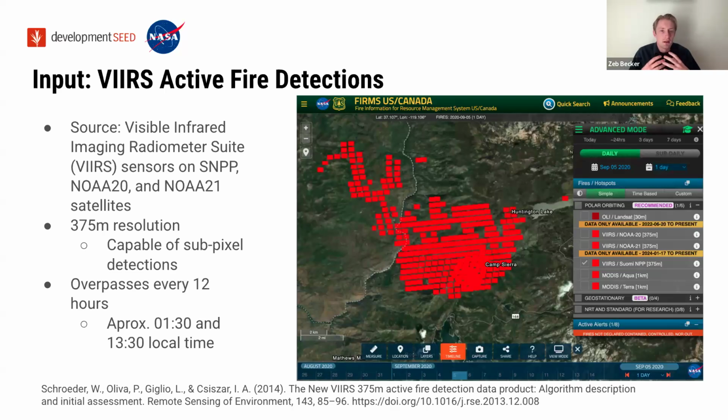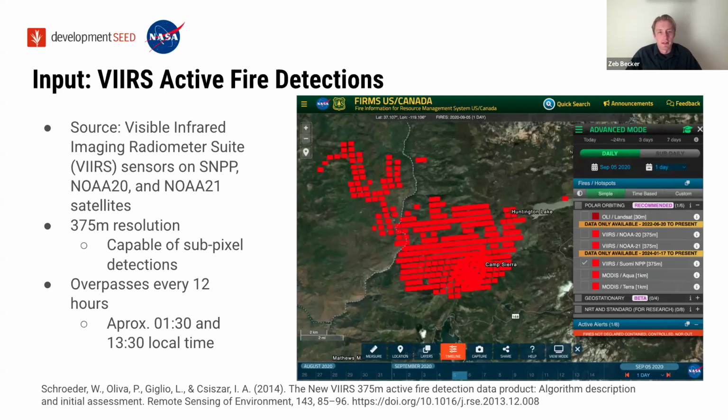The backbone of the FEDS product is the VIIRS active fire detection. This is a mature product that you've probably seen in any number of different places, right? It's in the EGP, it's in WFDIS. This is a screenshot of what it looks like in FIRMS, but this is sourced from the VIIRS sensors on three different polar orbiting satellites: Suomi NPP, NOAA-20, and NOAA-21.